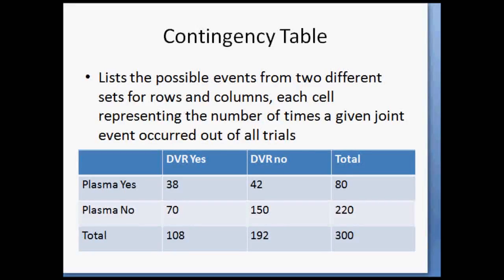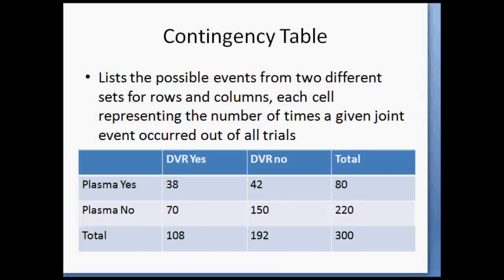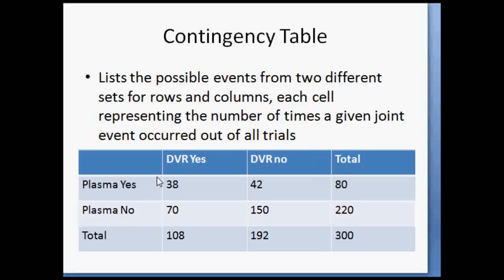And the idea is you have a list of possibilities in the row. So this is a set of events over here in the rows, and you have a set of events in the columns. You can think about A's and B's from before, A being the rows and B being the columns. So my A event, what's my probability that I buy a TV or that I don't? Right, so A can be TV or A can be not, B can be DVR yes or DVR no, and